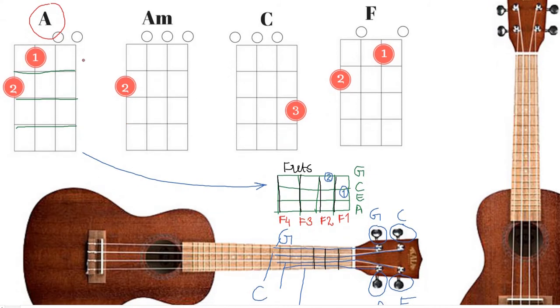A. So it's quite simple. It's just that you have to rotate this diagram to the right, and then you will automatically know where you should position your fingers on the ukulele. That's how you'll play the A chord. So look at my red pointer. The first finger you will place over here, and the second finger you will place over here in order to play the A chord, and simply rotate this area 90 degrees to the left, and then you will see the exact